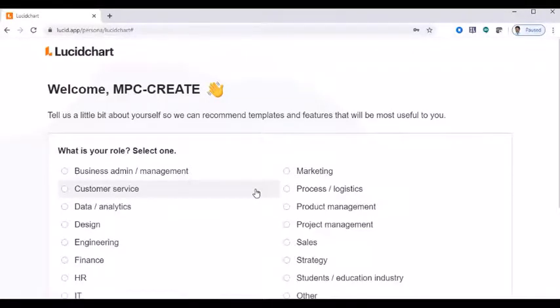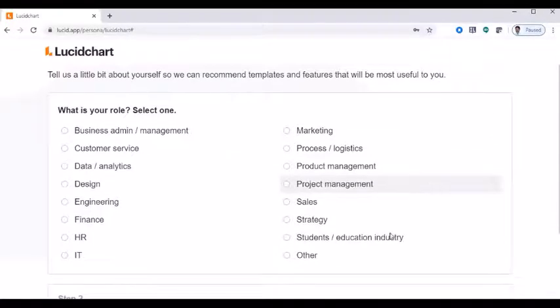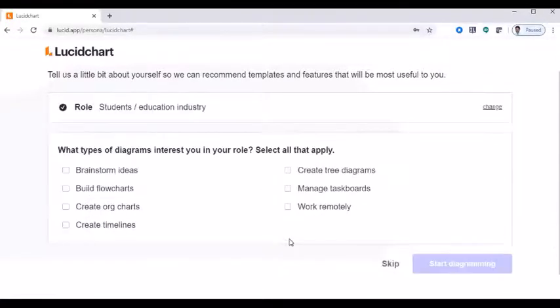When you are first logging in, it will ask you some basic information about you. Based on your response, it will suggest various drawings. So we can choose the education industry, or whatever your field of interest is, accordingly.